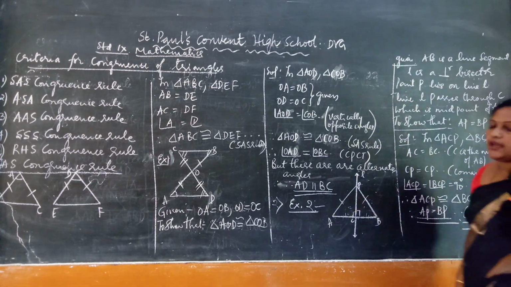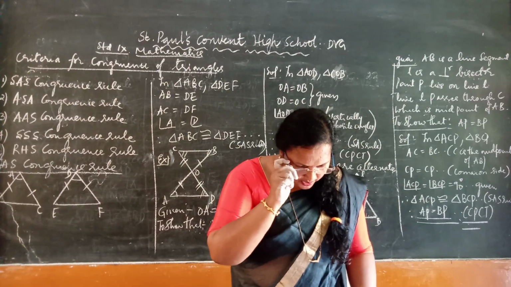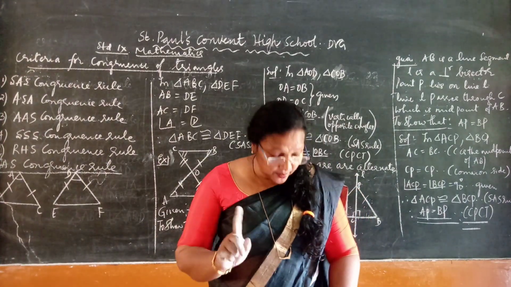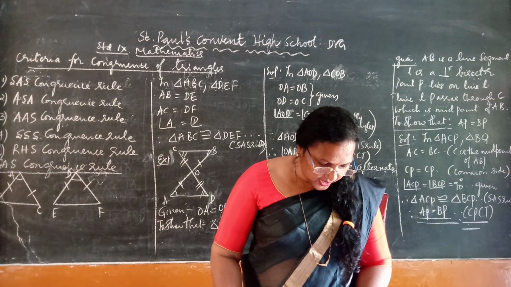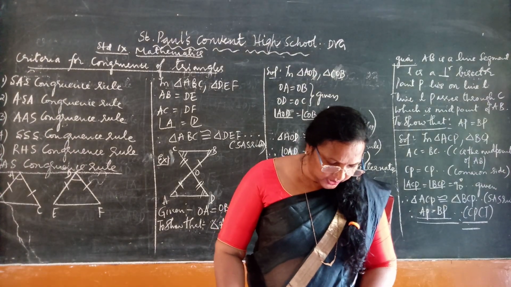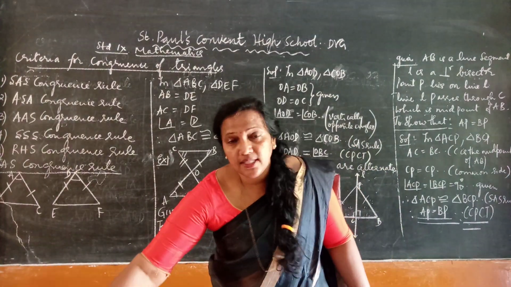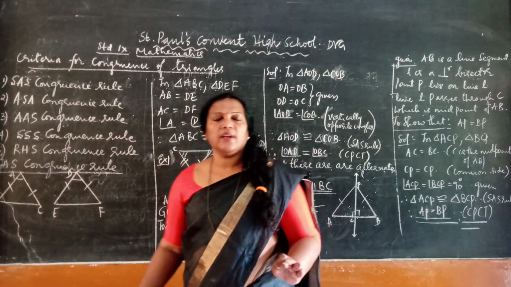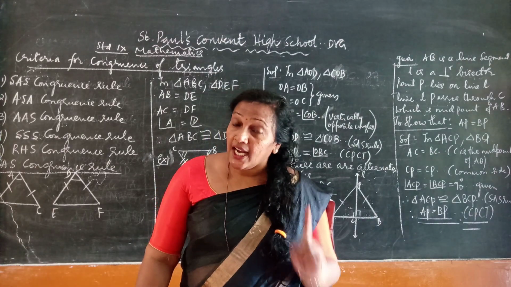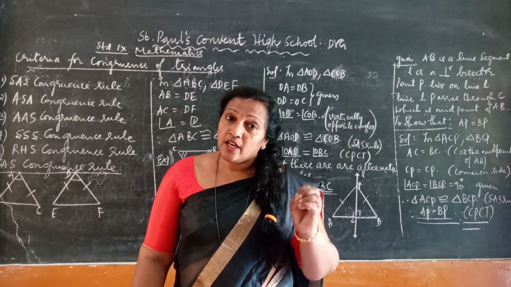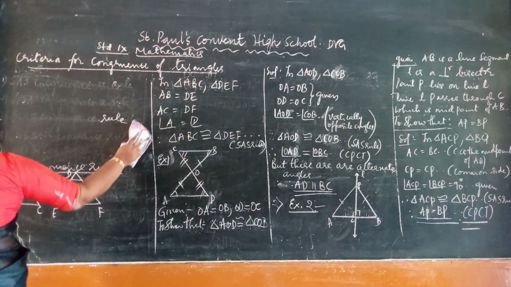See, in exercise 5.1, open page number 91, he says exercise 5.1, in the quadrilateral ABCD, AC is equal to AD and AB bisects angle A, show that triangle ABC is congruent to triangle ABD. It's very easy. What does he say? First, whenever you solve the problem, you should read the problem, analyze the problem, that what you are asked to find out. So, in that he says that there is a quadrilateral AB